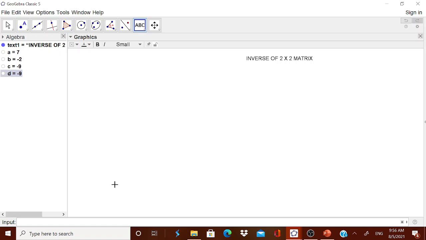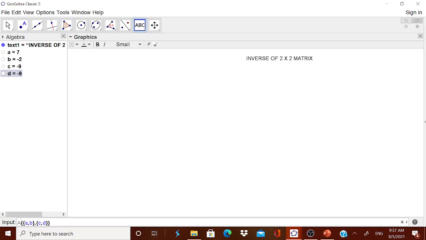Now if you want to convert it into a matrix in GeoGebra itself, start a curly bracket. Again curly bracket, inside the curly bracket in the input box, please see the input box. First row elements should be written as a comma b. Then you come out of this curly bracket, end curly bracket, once again put a comma. Then once again start a curly bracket. You type c comma d. Carefully do it. If you are not using the comma and the curly brackets, the matrix will not get generated.